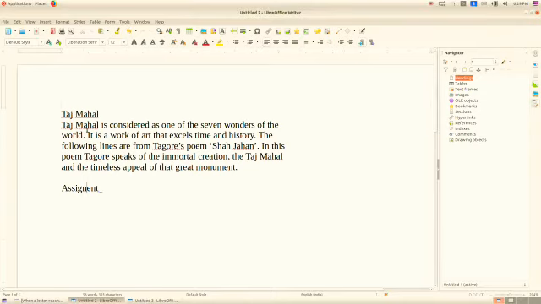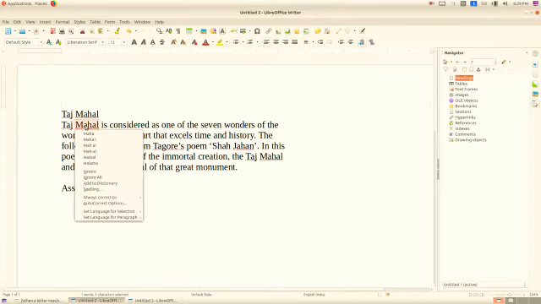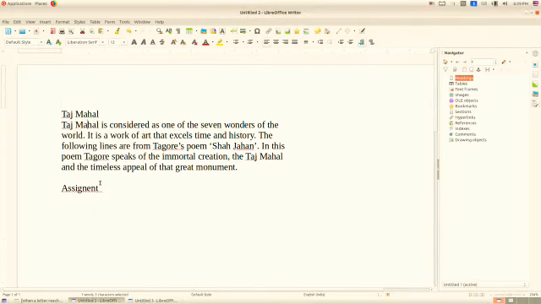Okay, then how can we remove this red mark? Just right click on the word with the red underline, and then we can select Add to Dictionary. Add to Dictionary means that particular word will be added to our dictionary. Then the red line will be removed.